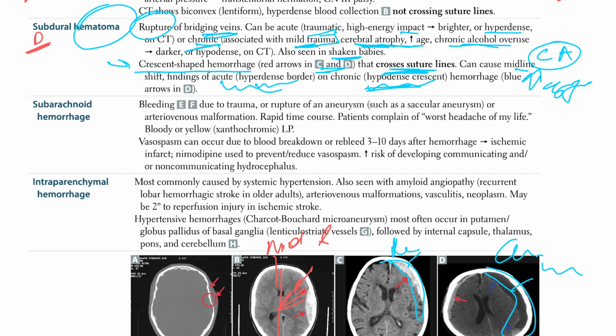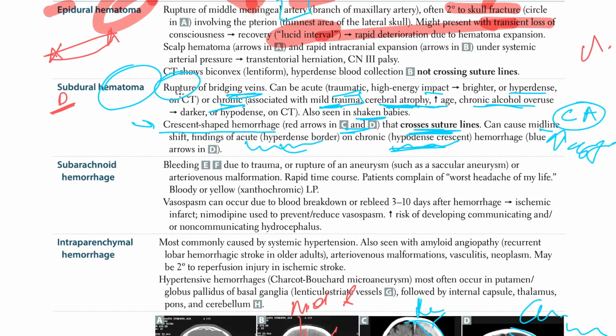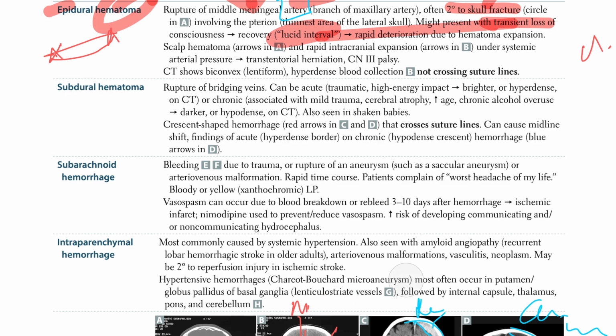Okay, so let's just recall this. Subdural hematoma, we said it is due to the bridging veins. Recall, we said it is due to the bridging veins. Again, veins in the brain are low pressure, so they will bleed slowly. Slow bleeding will occur. With this you can have an acute traumatic, or you could have chronic due